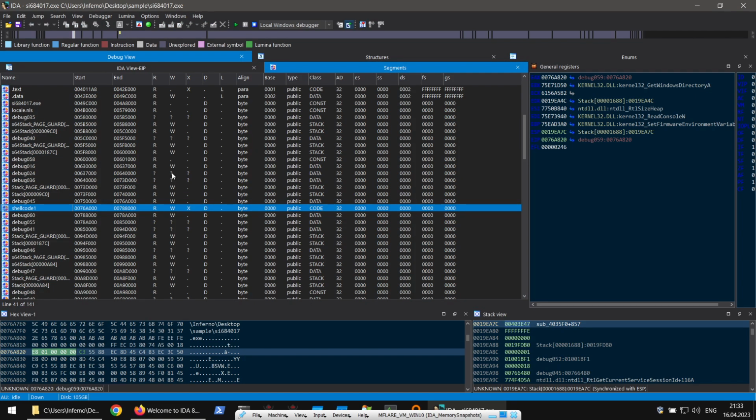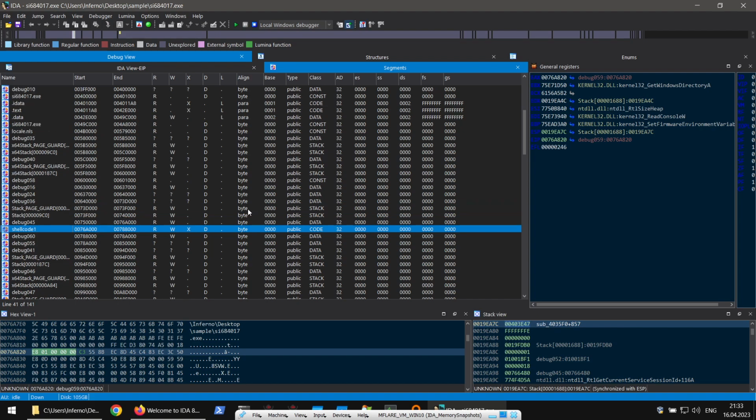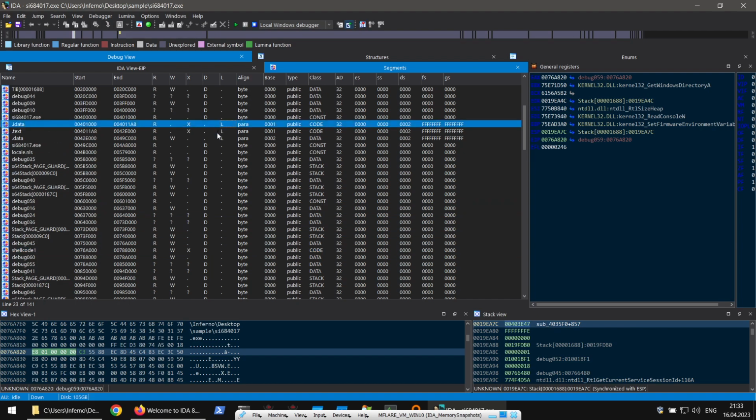Loader segments are segments which are having an attribute L as a loader, and you can see there are only 3 segments which are actually assigned to our main module sections. Yes, that's cool, because IDA loaded Windows, and the debugging session was started in IDA Pro. So IDA automatically marked these sections to be as a part of loader. This is cool, but